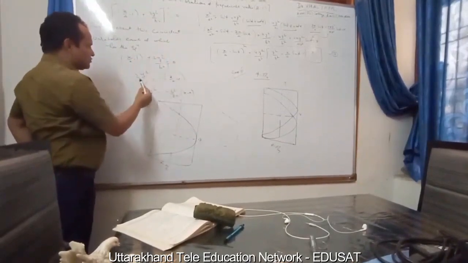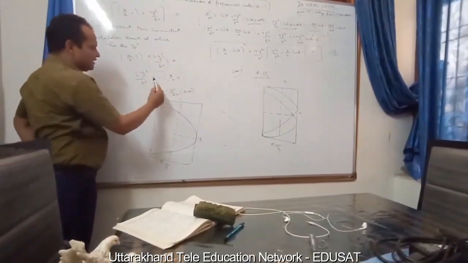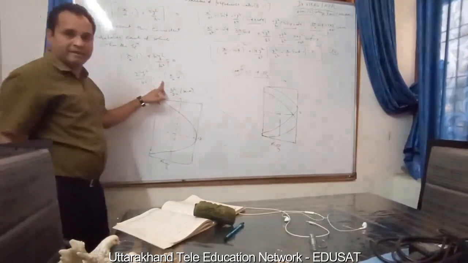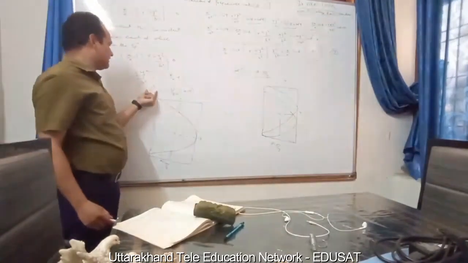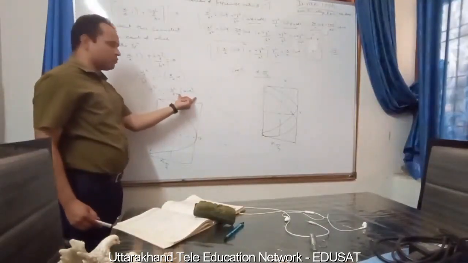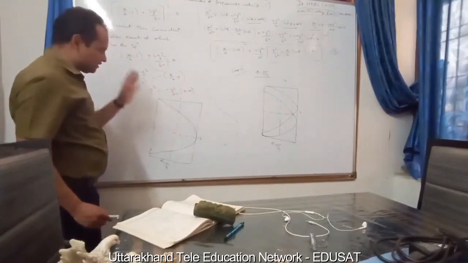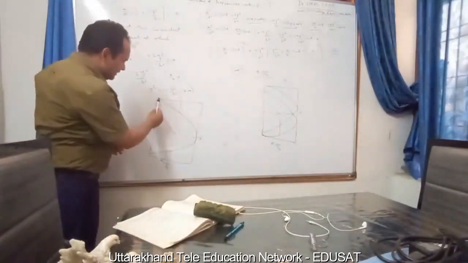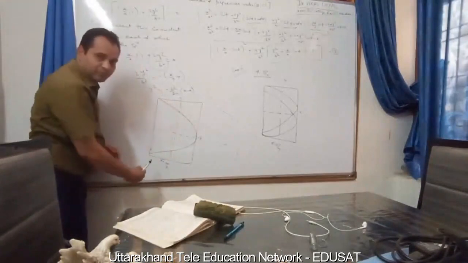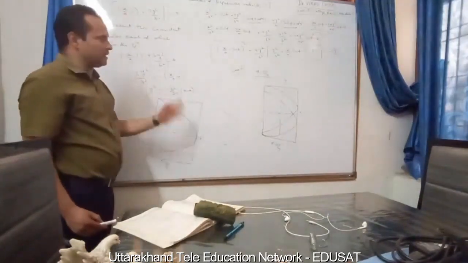Again this equation, the 2y square upon b square, we will take on the right hand side. It becomes minus, x upon a minus 1. Then y square is equal to b square upon 2 times this one. So this is again the equation of a similar parabola and the figure will be like this. So this is the path traveled by the particle.